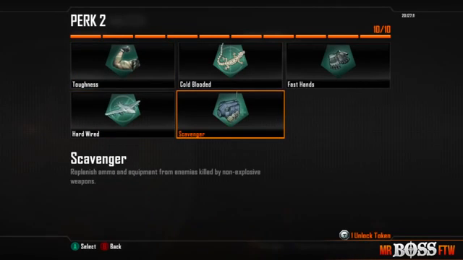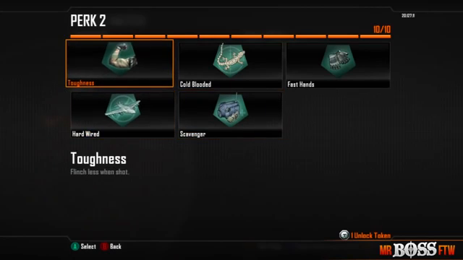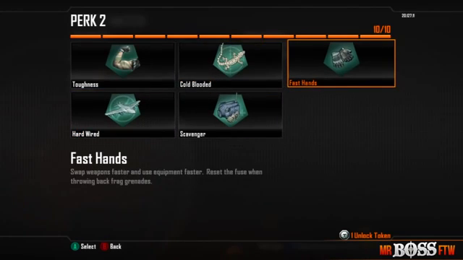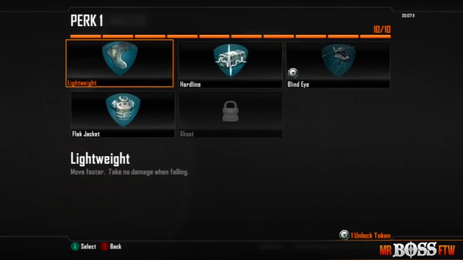If you can do perk 2 greed, I would do Scavenger and toughness. Cold-blooded, not that big of a deal. Hardwired, I have never run into an EMP and rarely been counter UAV'd. And fast hands, if you're not using concussions or you don't have a secondary weapon, almost useless. So I'm not a big fan of that, to be honest with you. Lightweight,